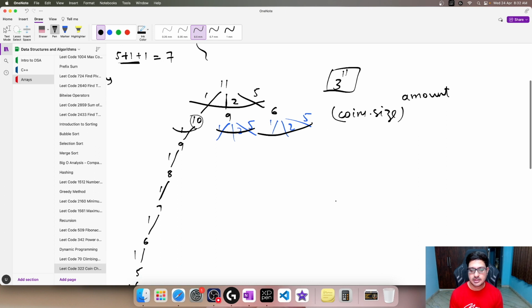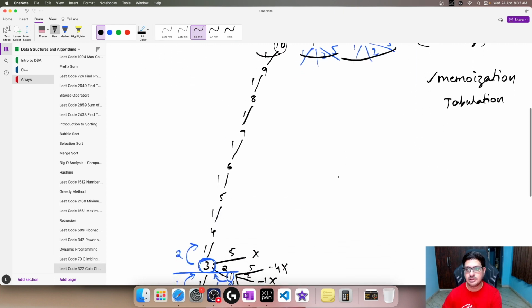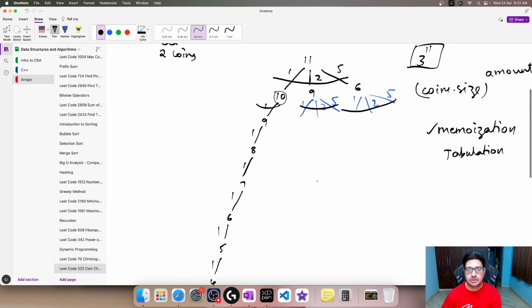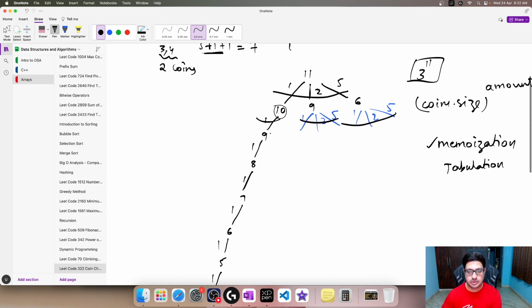How do we optimize? We know that we can use 2 methods. One is memoization, and the other one is tabulation. So how to use memoization? Memoization we have discussed before. If you haven't seen my other video, please go and watch Introduction to Dynamic Programming. So what do we do? Memoization solves the problem of overlapping subproblems, right? So you can see here,